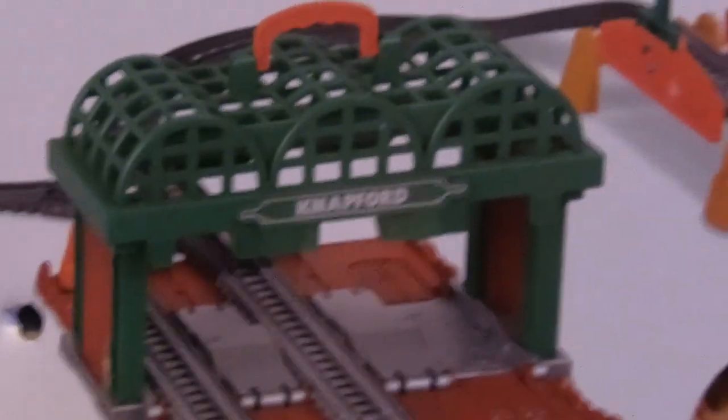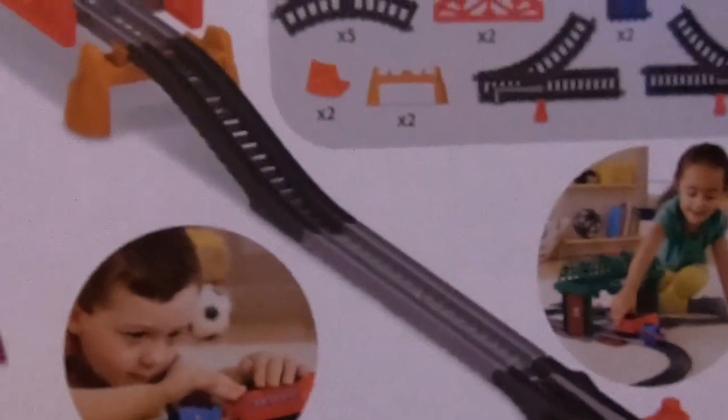But anyway, you can see the push-along Thomas in there, and then the coach with the feature, and then on here you can see the layouts. This is where the handle would have been, and then on the back of the box it looks like this. You can see that it says Knapford Station in a bunch of different languages up here, and over here you can see the layout of Knapford Station, and up in this corner you can see the contents, in a bunch of different languages, and down here it's just other stuff in a bunch of different languages. And on the bottom we have Thomas climbing up the barcode as he usually does. But anyway, let's